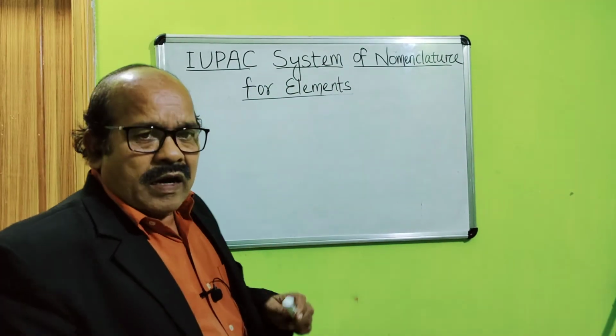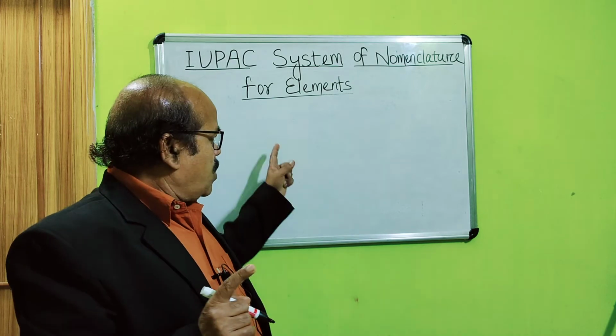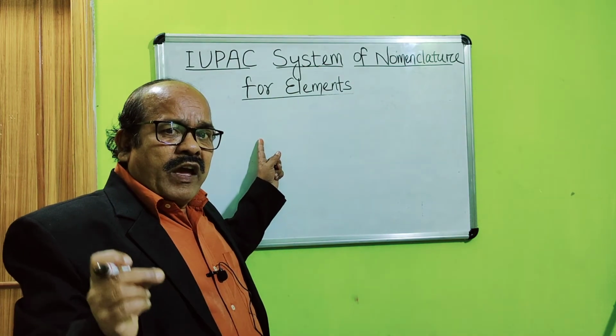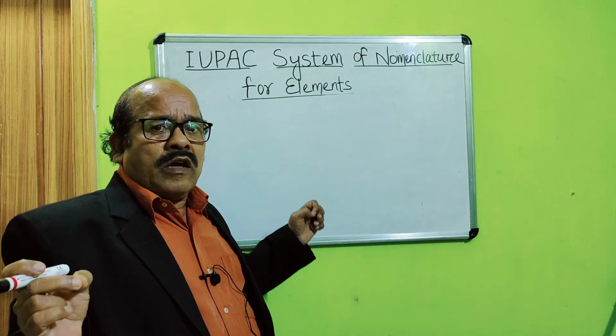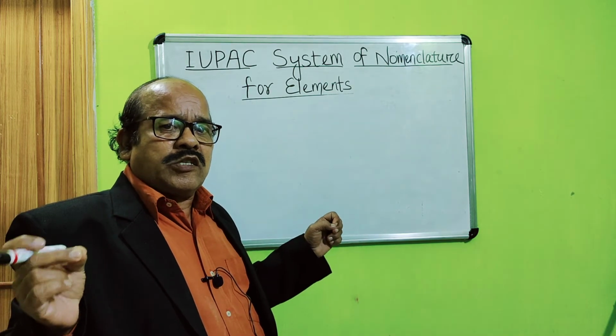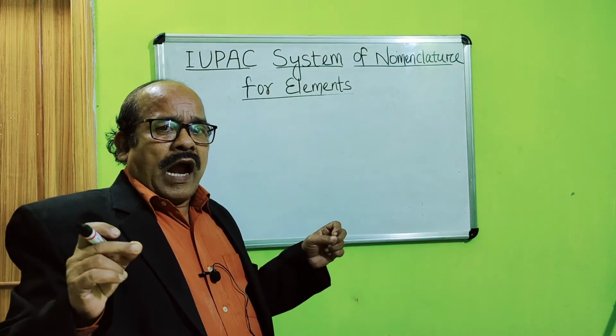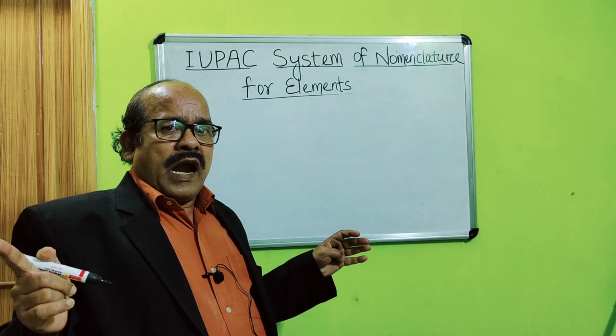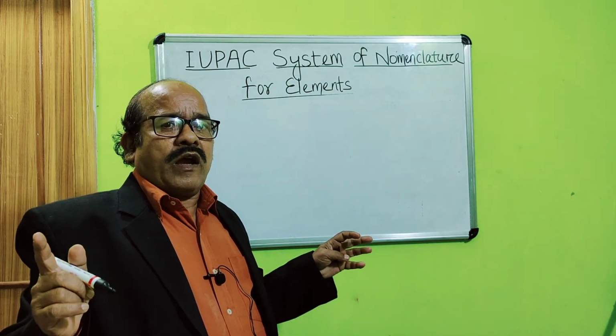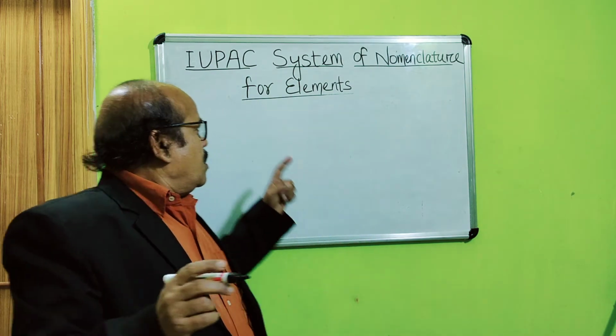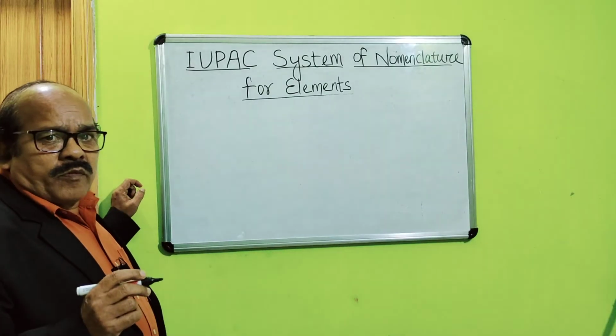Above all, it's not so easy, because when a particular element is found out, very few milligrams, a nanogram or nanomilligram of substance is to be isolated, and sophisticated instruments and expensive things are required. So, initially, IUPAC has formulated